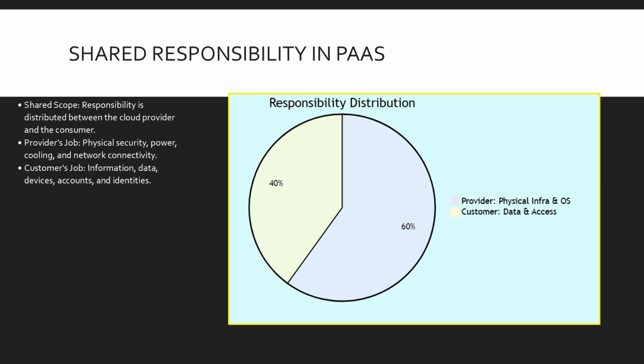framework. We can visualize the shared responsibility model as a pie chart. The larger slice represents the provider's responsibility, covering the physical infrastructure, operating system, and middleware. The smaller slice is the customer's responsibility, strictly focused on data, access, and the application itself. This visual reinforces that, while PaaS offloads a significant burden, you still own the critical security aspects of your data